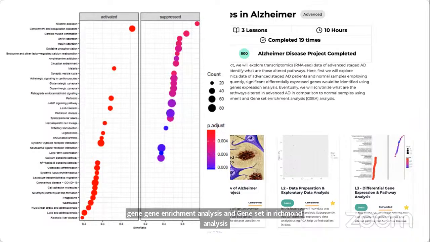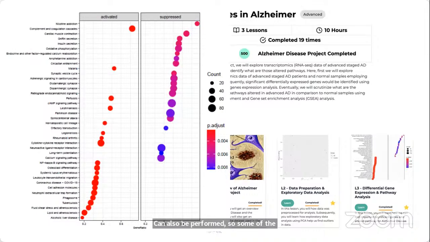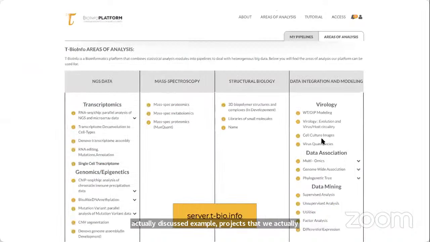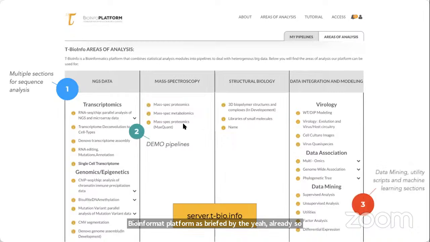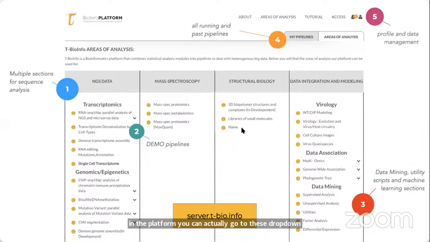Some of the example projects that we discussed are available in the Taubot BioInfo platform, as briefed by Sri Gauri already. So in the platform, you can go to the drop-down option next to each of these analysis options. That is going to open up a lot of demo pipelines. And in these demo pipelines, we can focus on